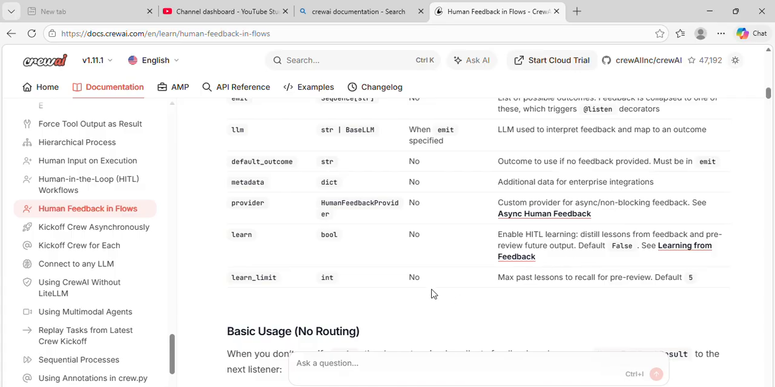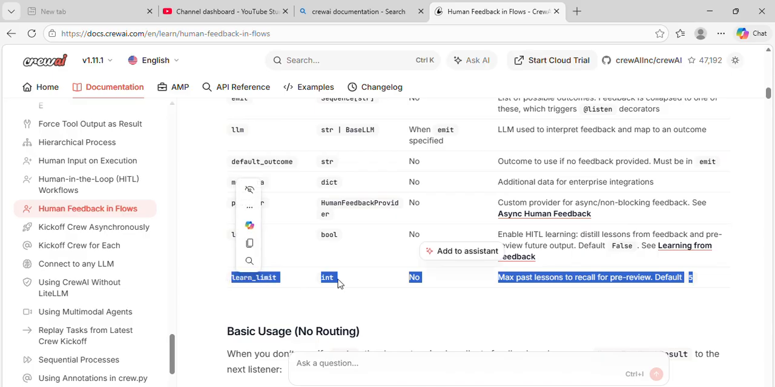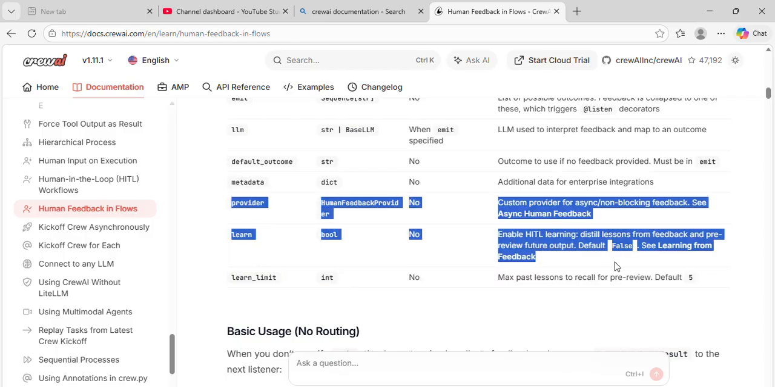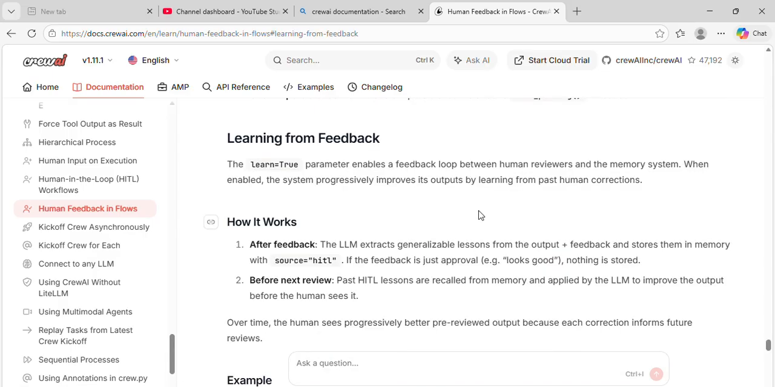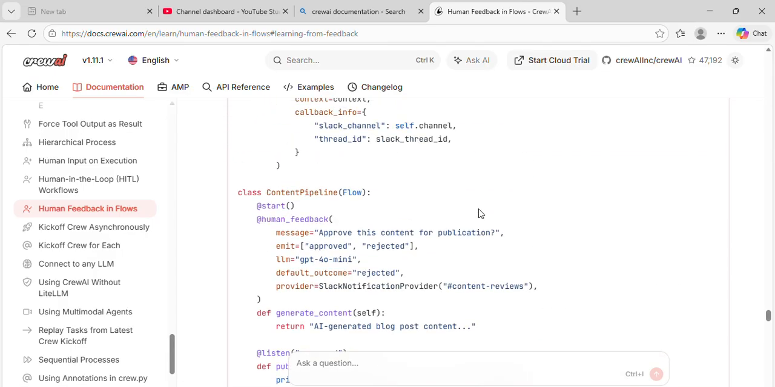Lesson limit: by default it will store a maximum of 5 past lessons, that means 5 past feedbacks. So these are the 3 parameters. Nothing complex, guys. Specifically,